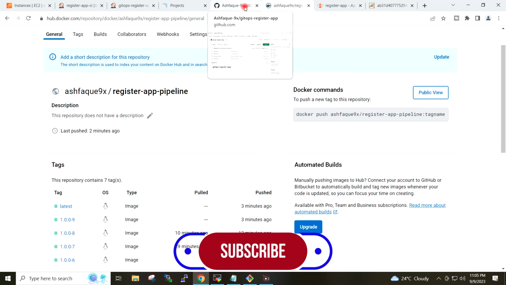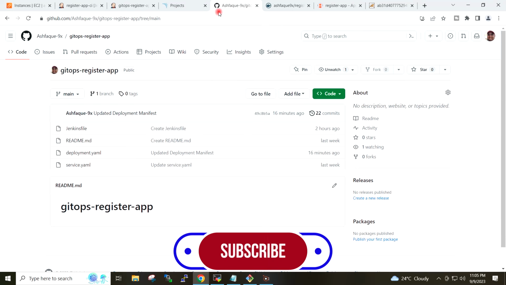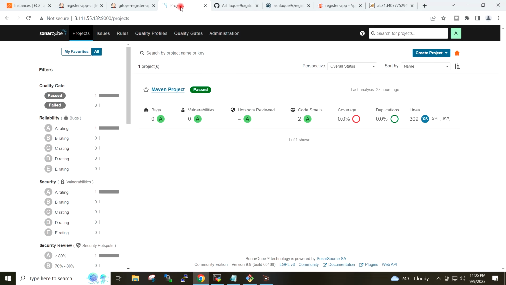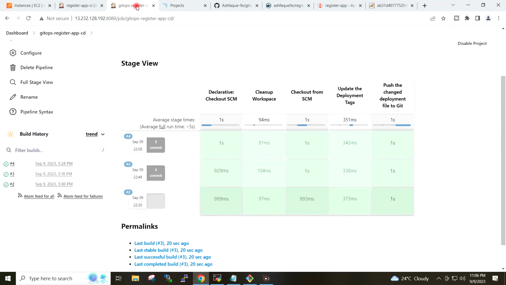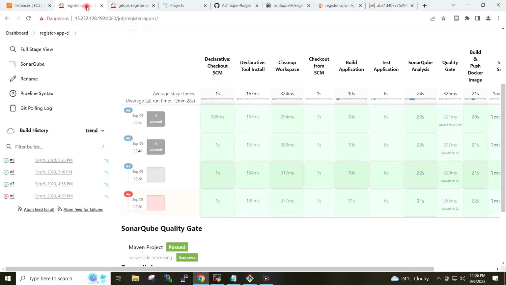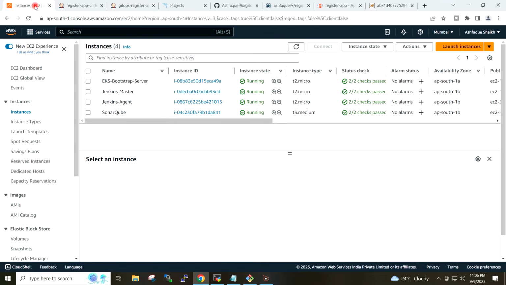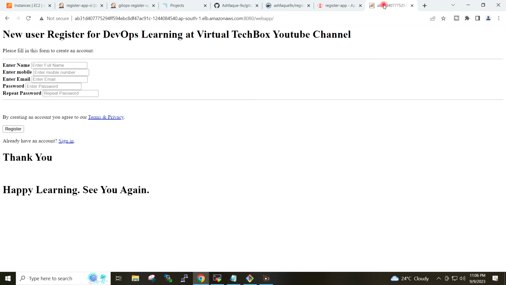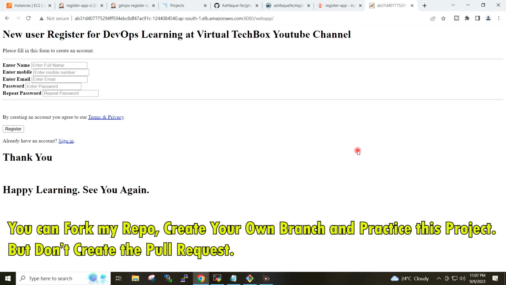Any change on the GitHub repository will trigger the CI job on Jenkins, and once the CI job is completed, the CD job will be triggered automatically, and upon the completion of the CD job, we will have the changes applied onto our application.